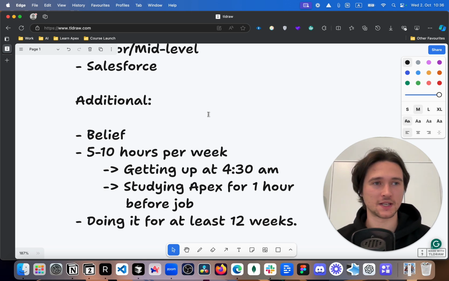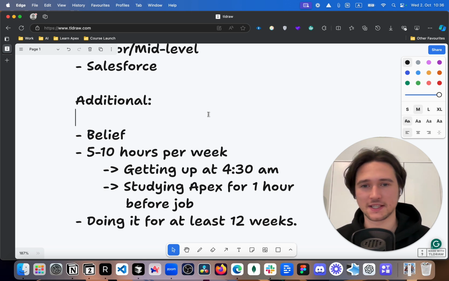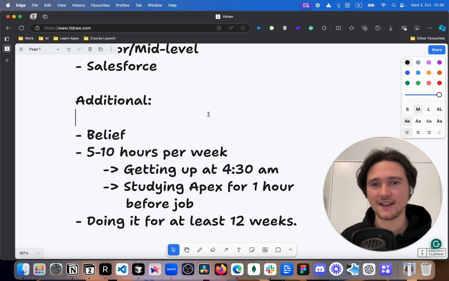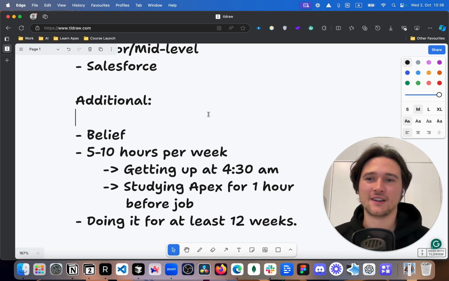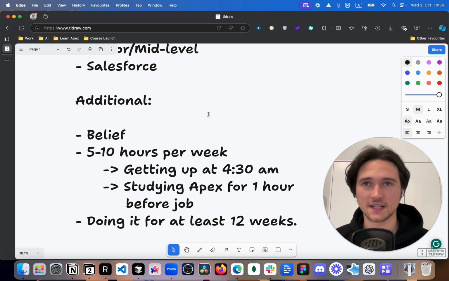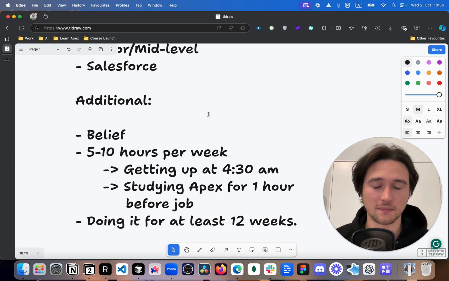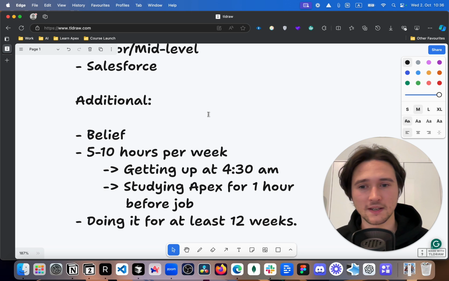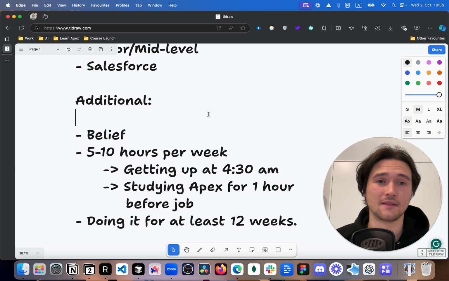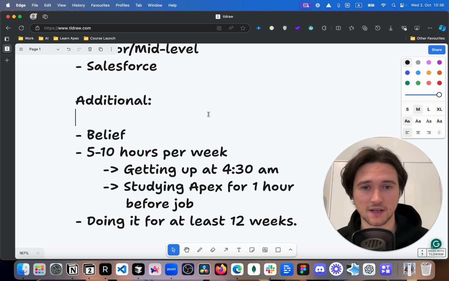If you tell me, for example, that for my own business I have to grind for the next 5 months, that doesn't do anything to me. I am like, yeah, bring it on, let's go, right? So the same for learning Salesforce development. If I say to you that you're going to spend the next year learning Salesforce development, would it freak you out? If yes, probably you shouldn't be starting with this, okay?